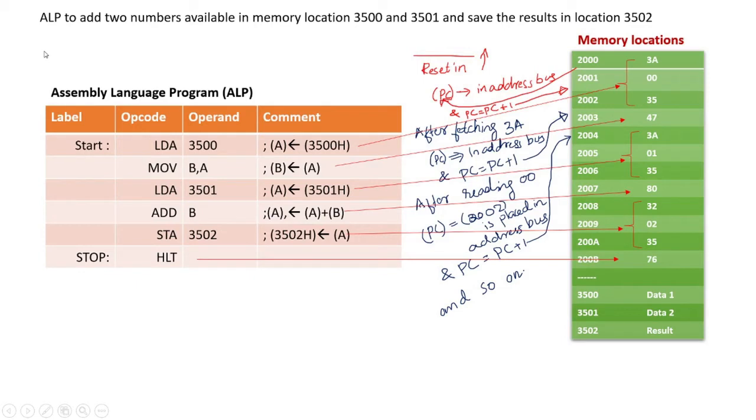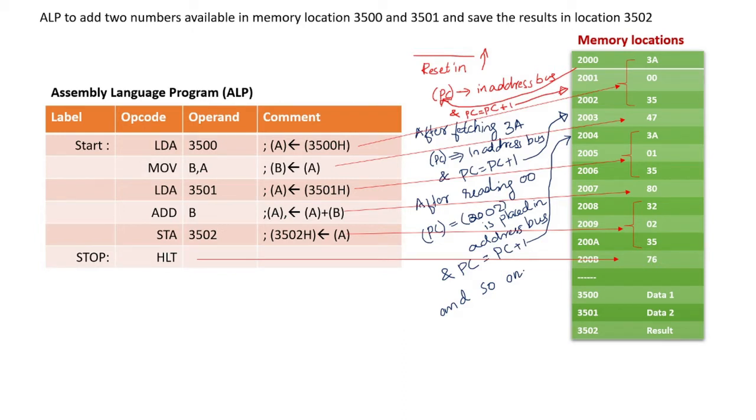As we know, in order to add two numbers using the 8085 processor, one operand should be in the accumulator. The other operand may be in any one of the general purpose registers or in memory. In this case, let's move one number into any one of the general purpose registers, say the B register, and the second number will be in the accumulator. After placing the first number into the B register and the second number into the accumulator, we can perform the addition operation. As we know, the result of an arithmetic and logical operation will be stored in the accumulator, so after the addition, the result will be available in the accumulator.